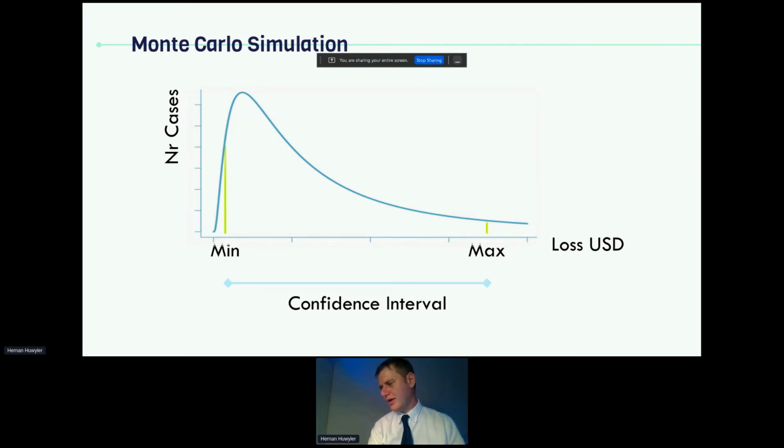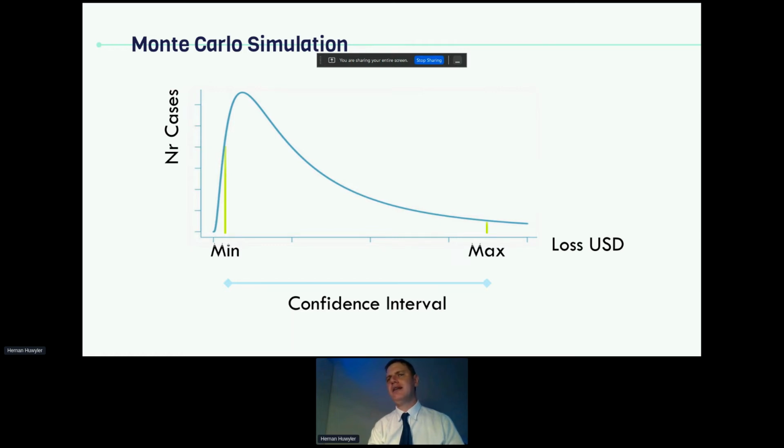When you say that, it means that you are 20% unsure whether the cost will be lower than 100 or higher than 200. And because we are using a log normal distribution, we are being pessimistic.